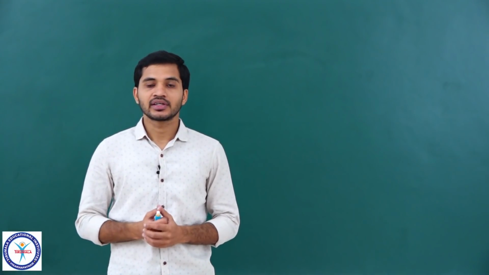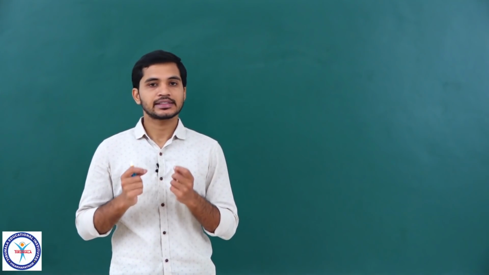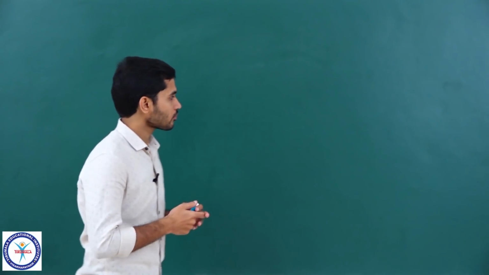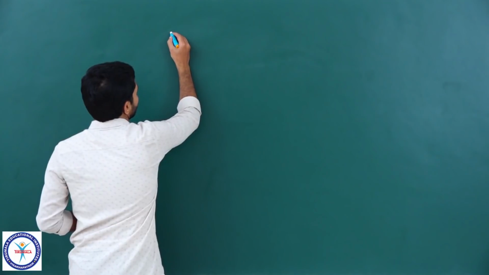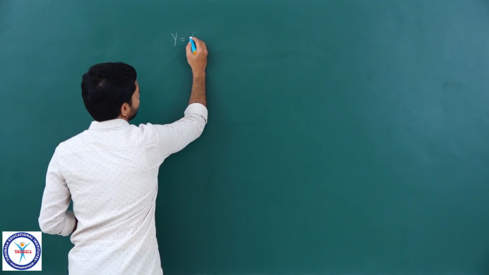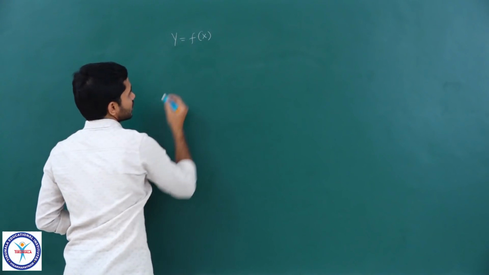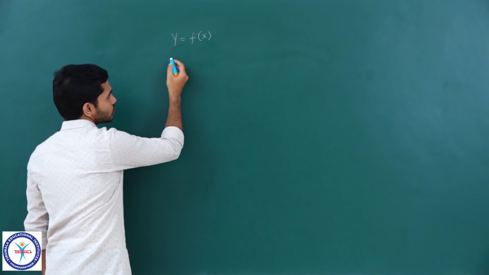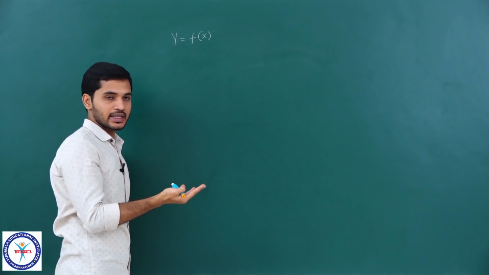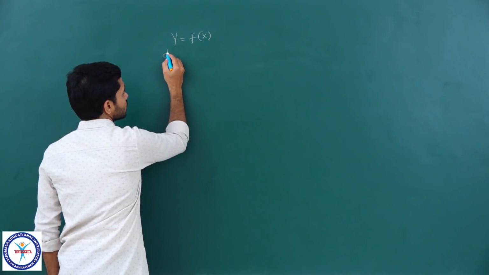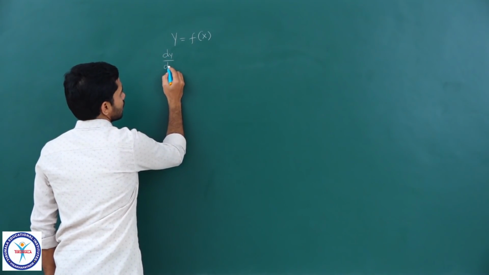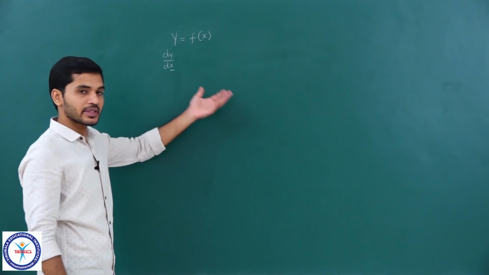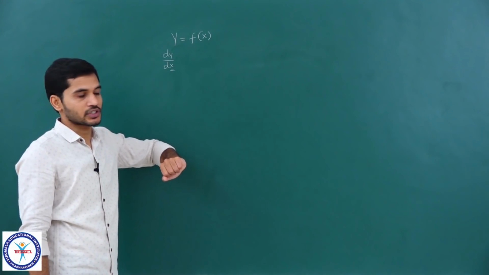Students, now that we have understood the idea of chain rule, let us understand one more concept which is very similar to that. So, let us say there is a function y is equal to f of x which is given to us. If they ask us to find the value of dy by dx, which means to differentiate y with respect to x, we can easily do that. We know different methods for differentiating the given function.